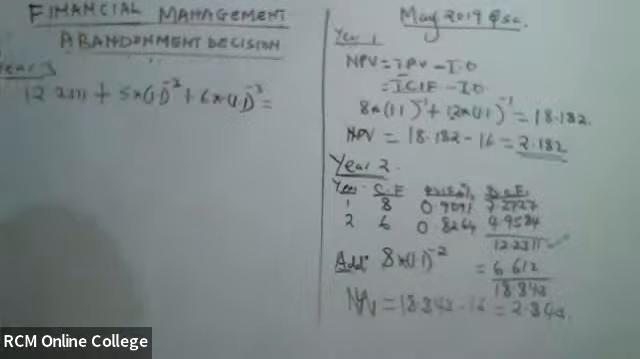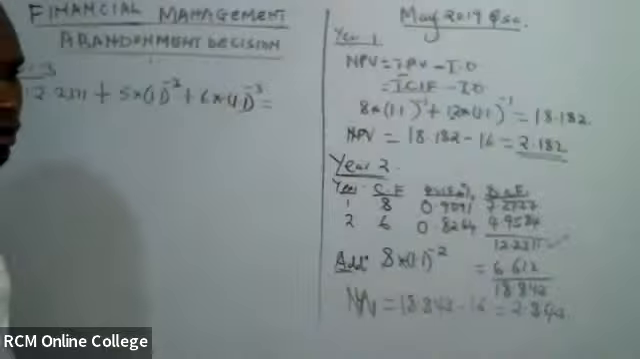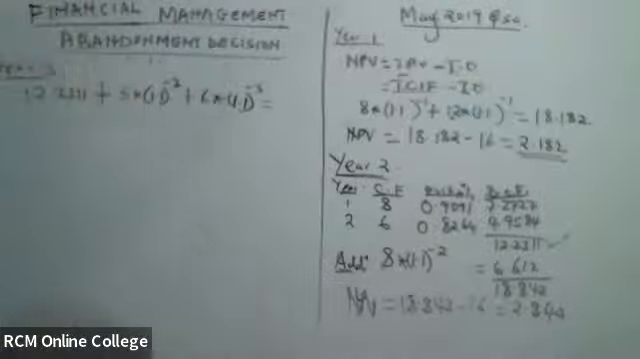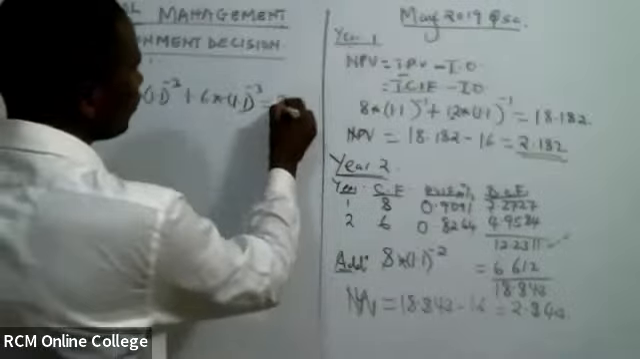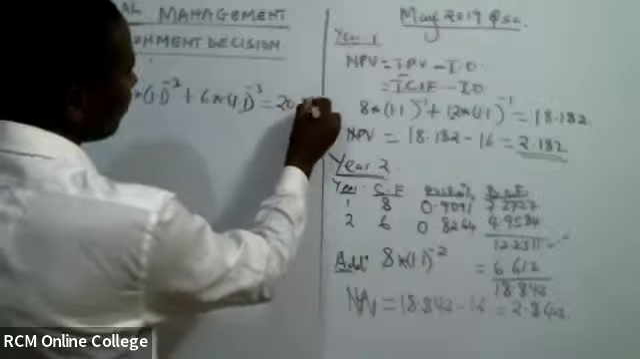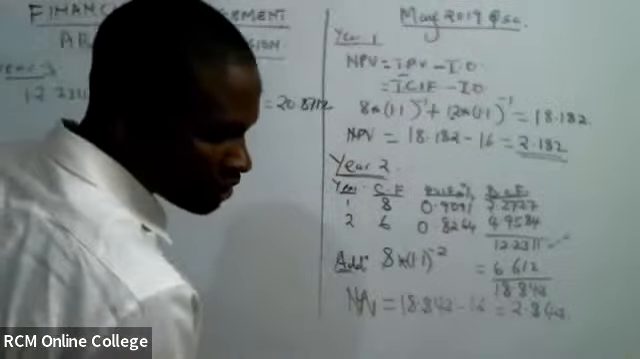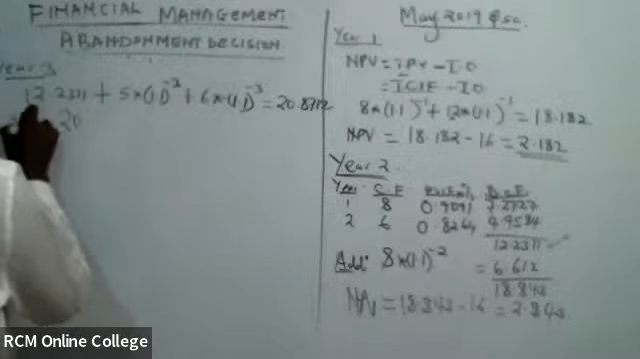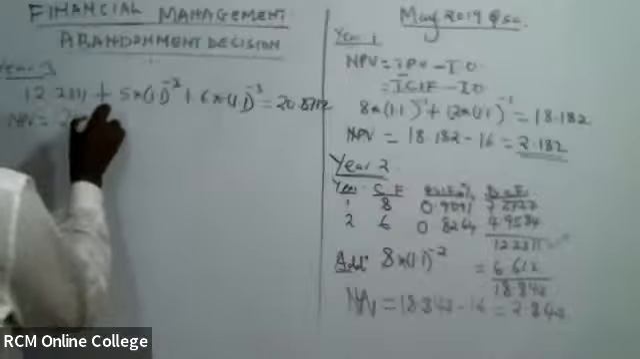So class, how much shall we get when we compute that? Tutapata ngapi tukicompute, tukihesabu hiyo? 20.8712. Then to get the NPV at that point, we less